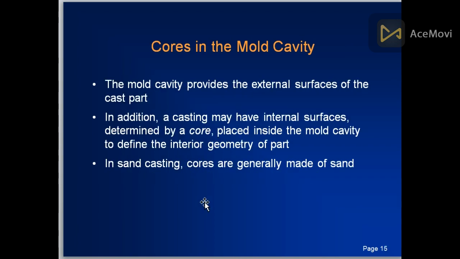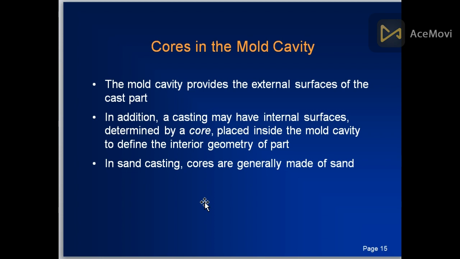Cores in the mold cavity. The mold's cavity provides the external surfaces of the cast part. In addition, a casting may have internal surfaces determined by a core. If you need a hollow shape, you make the core of that desired shape, place it,